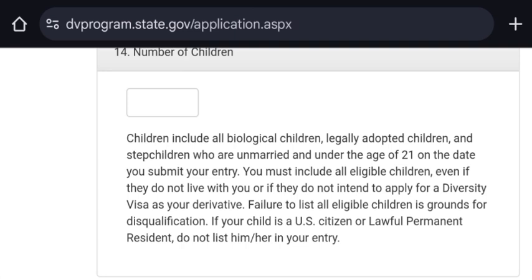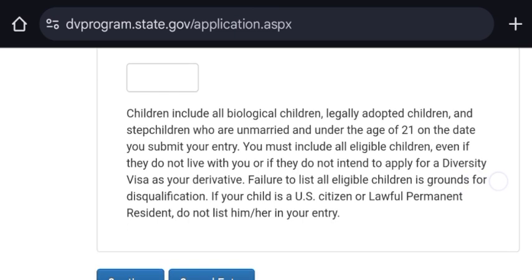Don't forget to list your kid. Then after you have been selected, you disclose the information that they have another kid. It will affect you. You must include all eligible children, even if they don't live with you, or if they don't intend to apply for a diversity visa as your derivatives.